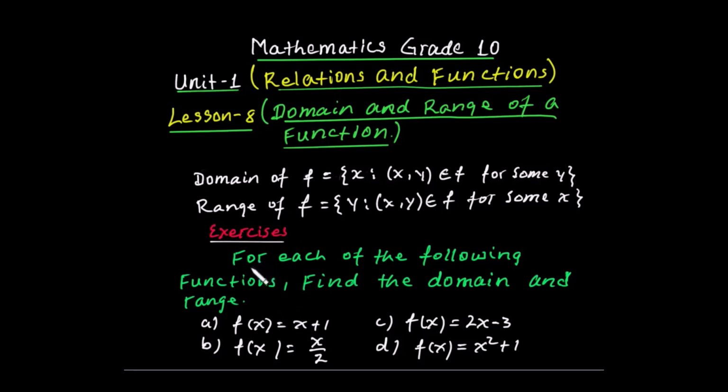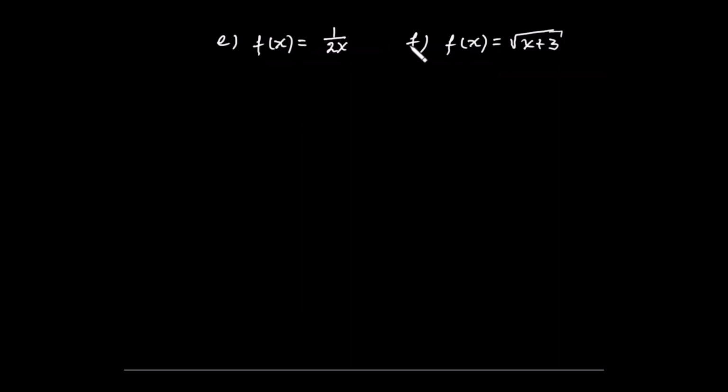For each of the following functions find the domain and range: a) f(x) = x + 1, b) f(x) = x/2 ወይም half x, c) f(x) = x − 3, d) f(x) = x² + 1, e) f(x) = 1/(2x), f) f(x) = √(x + 3)። እንግዲህ ለነዚህ ለስድስቱ functions they are all functions, we'll see how to find the domain and range. Let's see the solution።